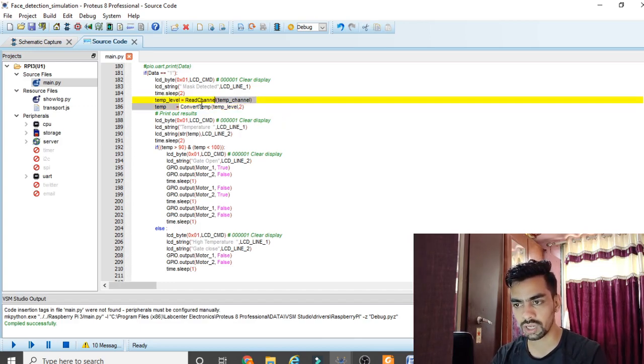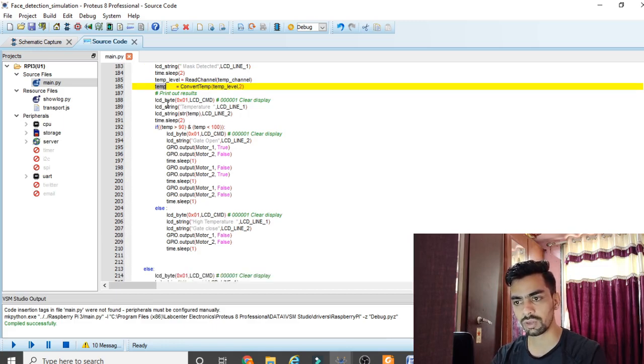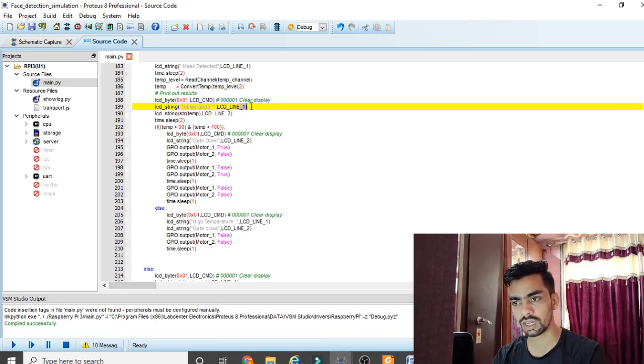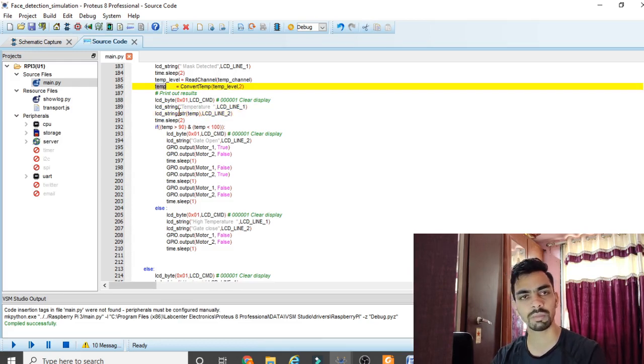Once the convert temp function returns the degree Celsius value, that value gets stored in the temp variable. After that we have to print that degree Celsius value on the LCD. So again we will clear the LCD. Then we will first print on line number 1, that is row 1 of the LCD, temperature, and on row 2 we will print the string str of temp. So str of temp means this temperature.